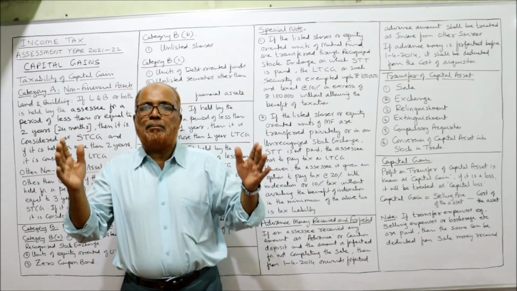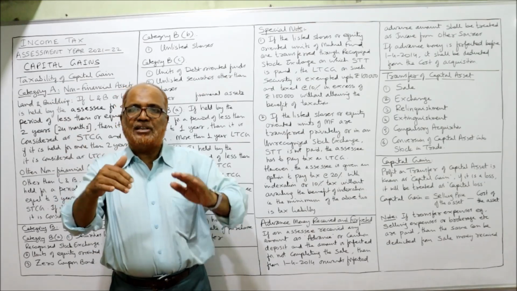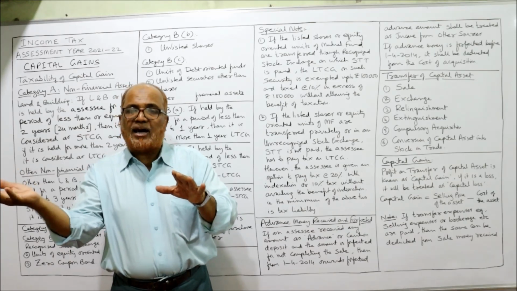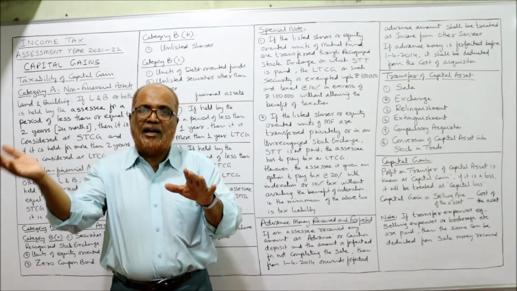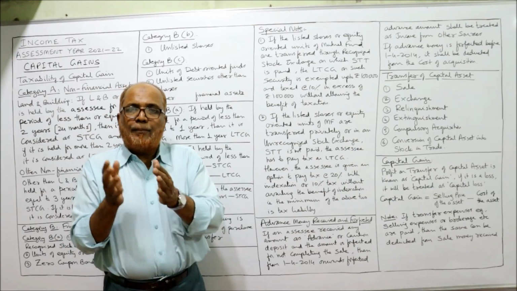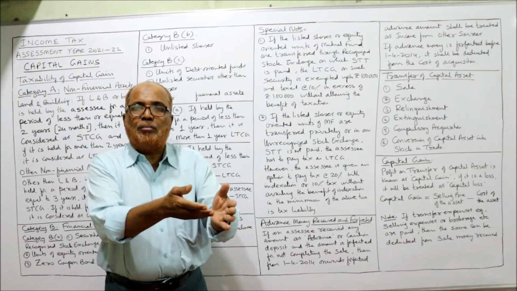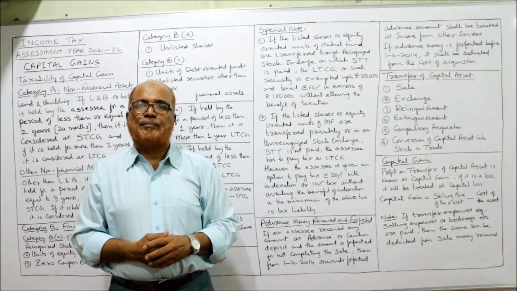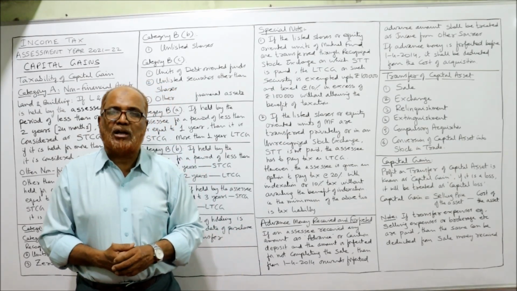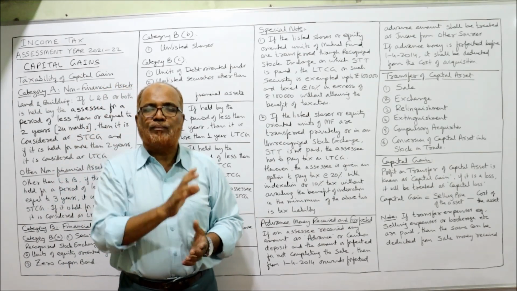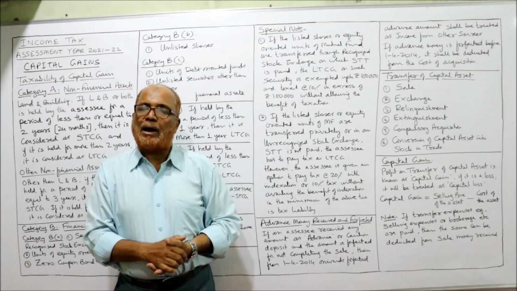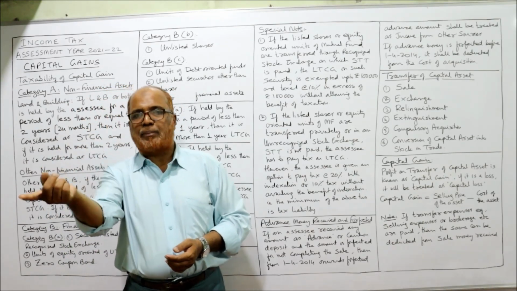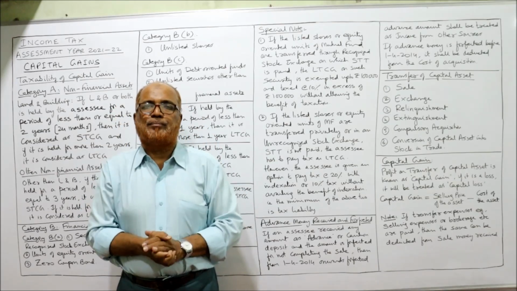Later on in 2015, he has started a business of gold, purchasing the gold and selling the gold. In that case, he has converted his 10 lakh rupees worth of gold purchased earlier into his shop. Earlier it is a capital asset. Now it will become a revenue asset because he has kept that gold for sale purpose. This is called conversion of capital asset into stock in trade. So any gain arising on transfer of capital asset into stock in trade is a transfer.